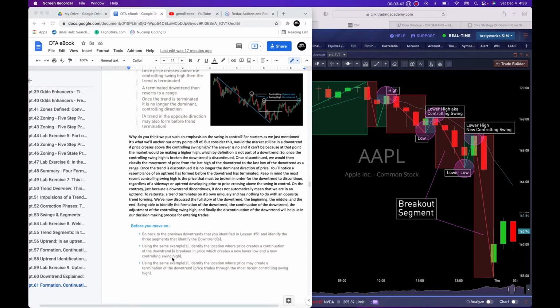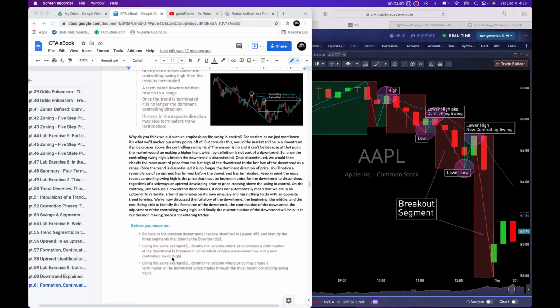You'll notice a resemblance of an uptrend has formed before the downtrend has been terminated. Keep in mind the most recent controlling swing high is the price that must be broken in order for the downtrend to be considered discontinued, and that is regardless of a sideways or uptrend developing prior to price crossing above